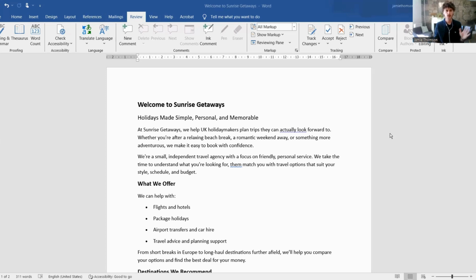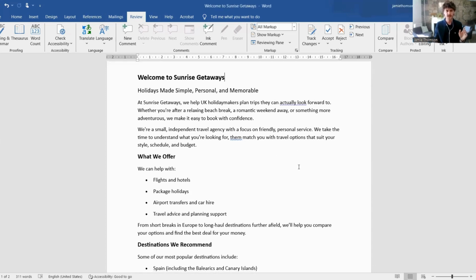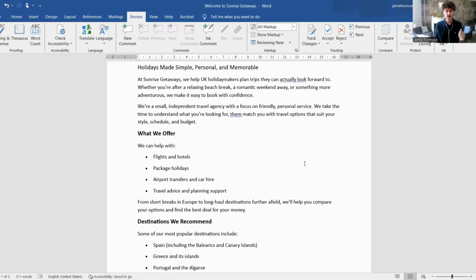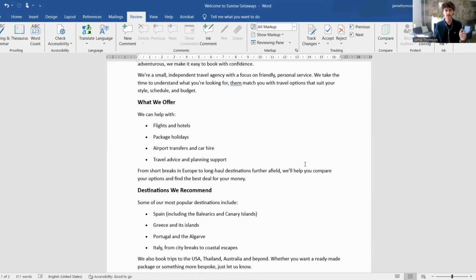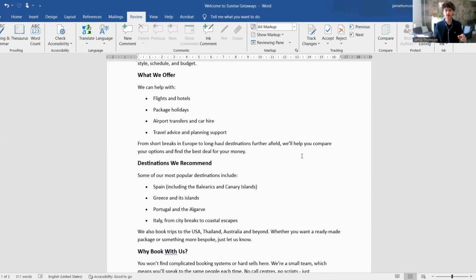schedule, and budget. What we offer: we can help with flights and hotels, package holidays, airport transfers, and car hire, travel advice, and planning support. From short breaks in Europe to long-haul destinations further afield, we'll help you compare your options and find the best deal for your money. Destinations we recommend: some of our most popular destinations include Spain, including the Balearics and Canary